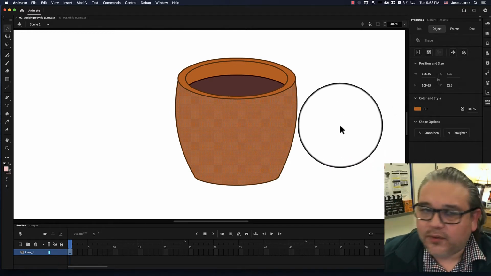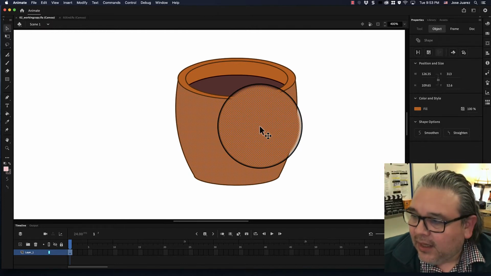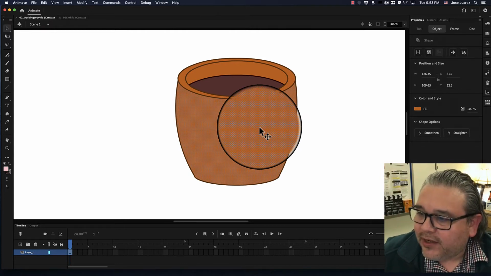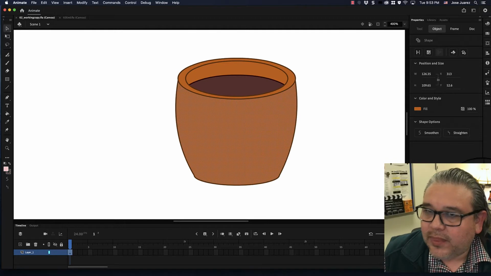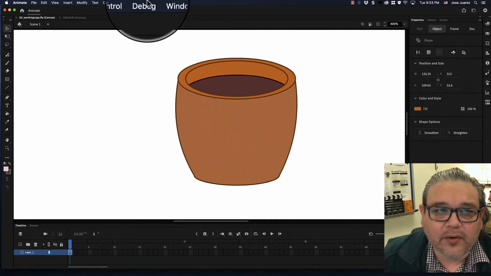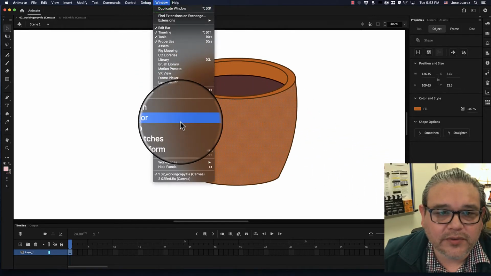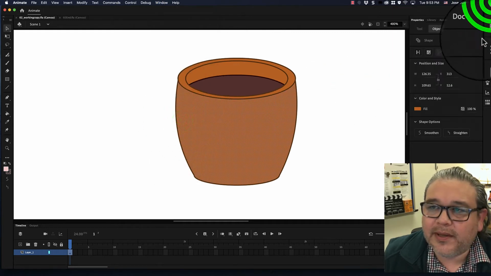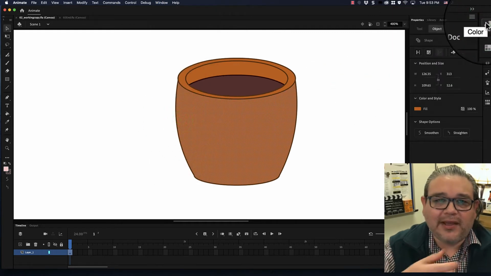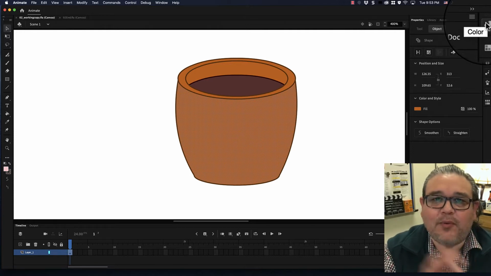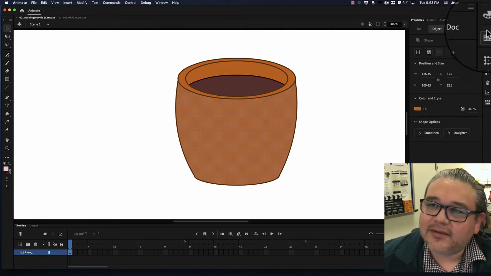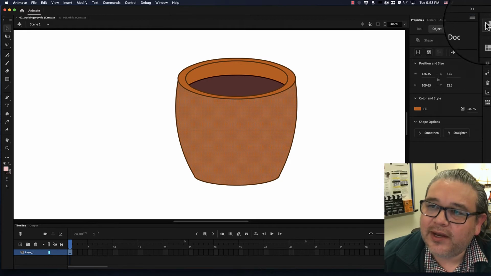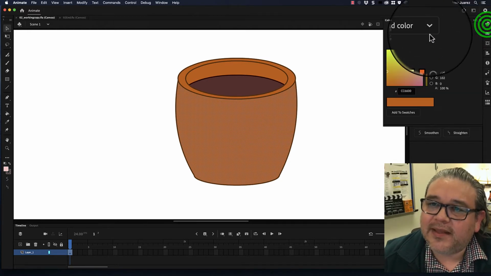All right, so you have this selected, right? Then what we're going to do here is we're going to hit the selection tool. Now we're going to open the color panel, and we're going to go up to Window, and then we're going to go to Color, and it'll open up the color panel. Now you can also go up here where it has a little palette, you know, like the artists have their little palette boards. That's what that little symbol is up here on this corner right here. And you should be magnified there. So I'm going to click that, and that's your